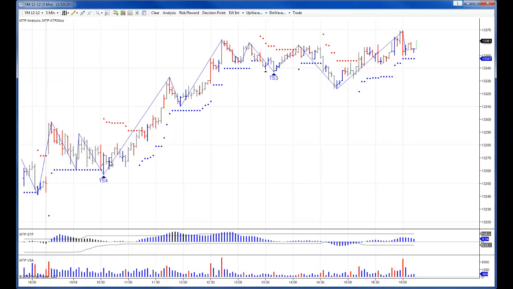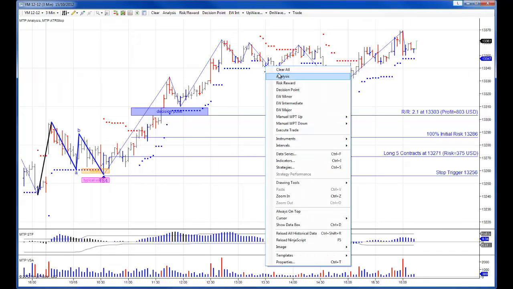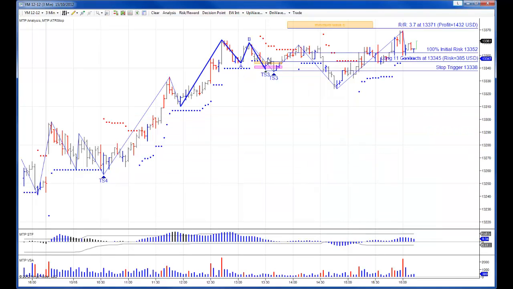If I put the analysis on by right mouse clicking and do analysis, there was a nice trade set up into the first target there. SDF was black, standard MTPredictor trade. There was also a losing trade here. You can see if I put the analysis on, it will clip you in and then clipped